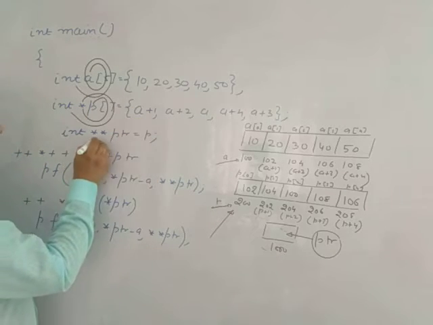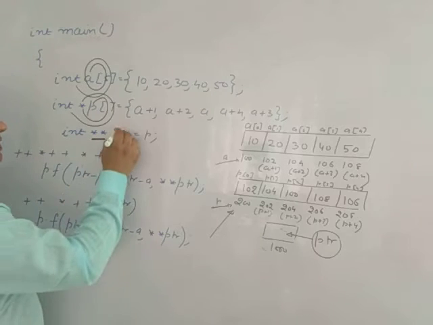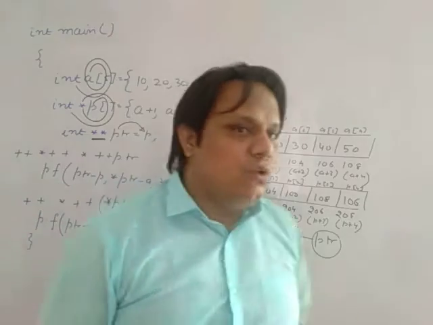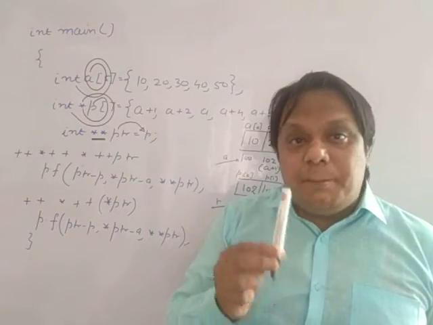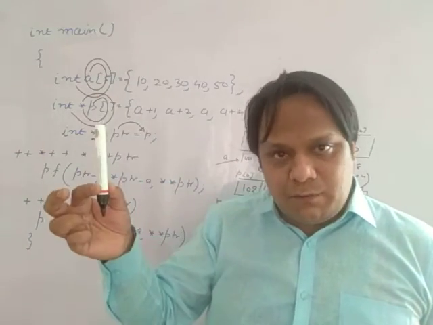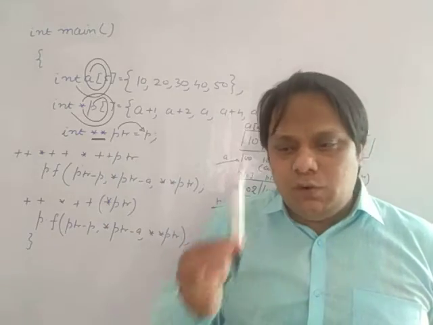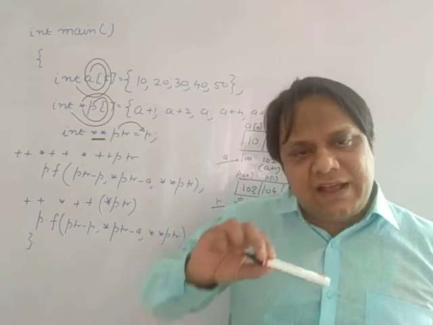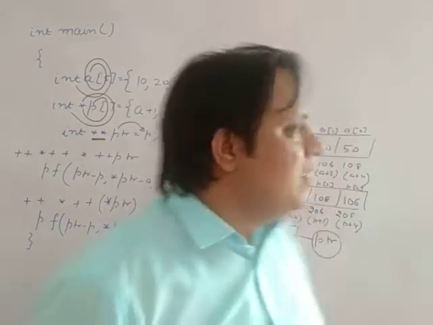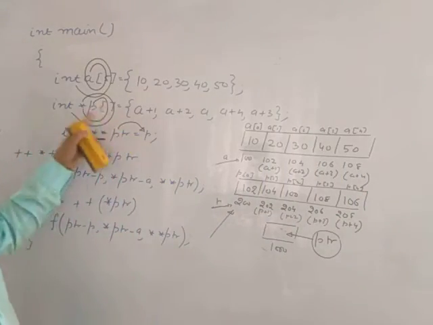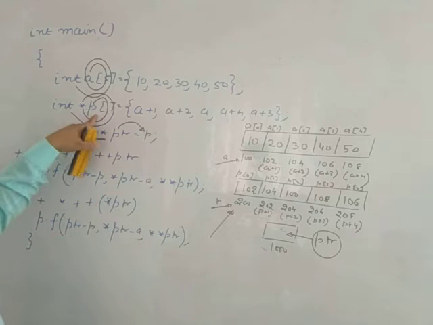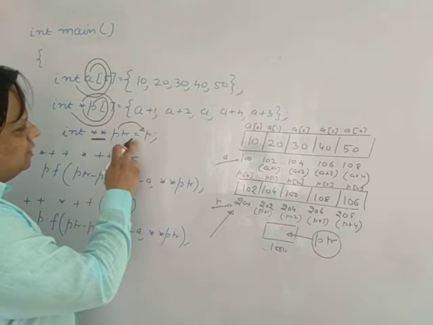Now, int **ptr. Why double star here? Because this ptr is holding the address of p, and p itself is a pointer. I told you in my previous session that only a pointer to a pointer can hold the address of a pointer, and only a pointer to a pointer to a pointer can hold the address of a pointer to a pointer. It has to be always one level up. So since your p is an array of pointers, if a variable wants to hold the address of this p, that variable has to be a pointer to a pointer. So ptr = p.